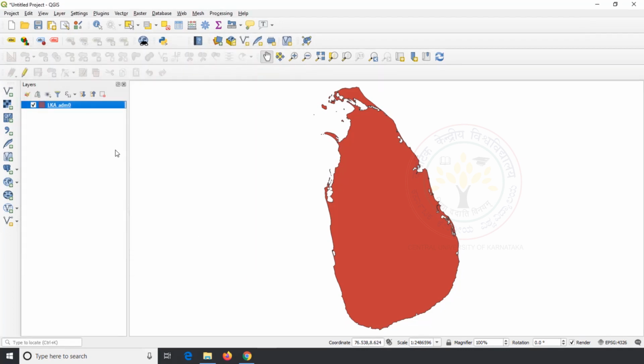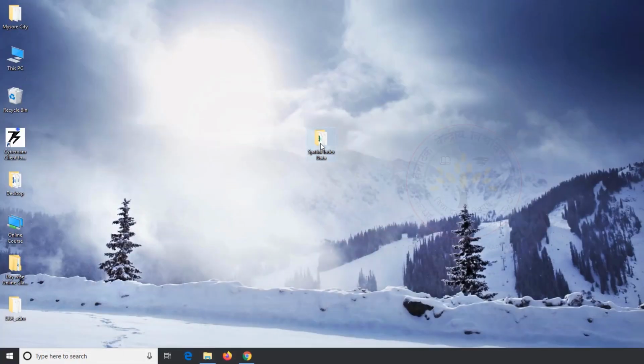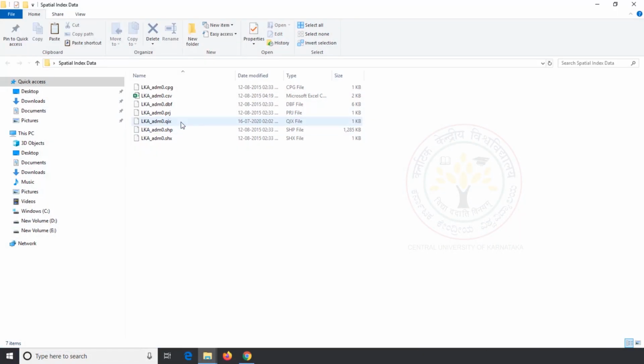Look at the canvas. We cannot see any changes in the data. But if you look at the folder where we saved our files, we can see a file added alongside our previous files, with the same name but a different extension, QIX. This is a spatial index file which helps to render the data easily on the canvas.